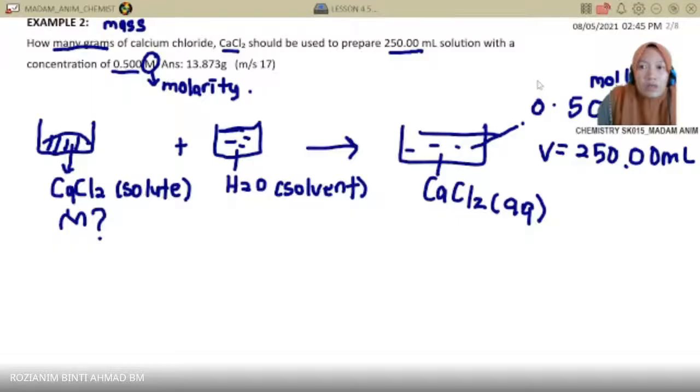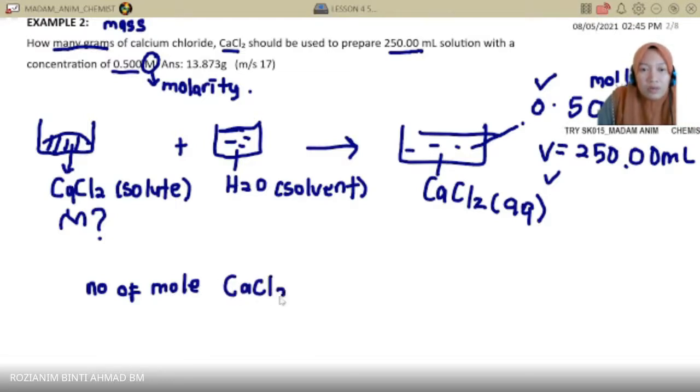Happen daripada konsep molarity dan konsep volume. So, step 1, you must find out the number of mole. Siapa? Number of mole calcium chloride solution. So, the number of mole calcium chloride solution regarding the concept of molarity. So, molarity states that